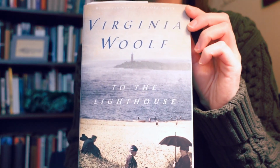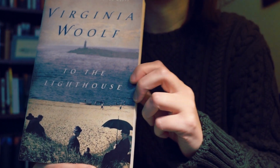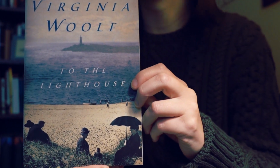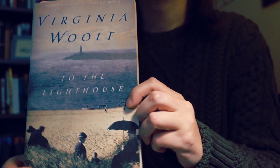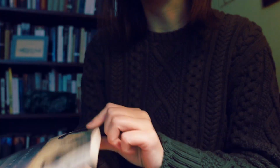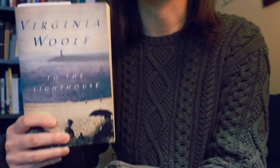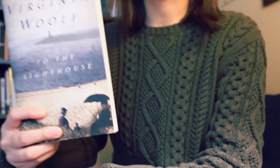So starting with the secondhand books I found, I believe these are both secondhand. The first one is To the Lighthouse by Virginia Woolf. Now these are the Harvest Book editions of Virginia Woolf, and I have a couple other editions like this that I found secondhand as well. It's making the lighting in the video do funny things. Anyway, this is supposed to be a very good novel, and I have enjoyed previous Virginia Woolf outings. So I thought let's continue to build my Harvest book set of Virginia Woolf and give this one a read